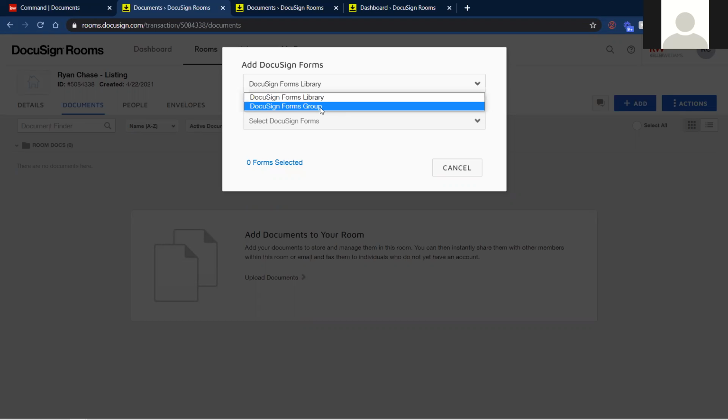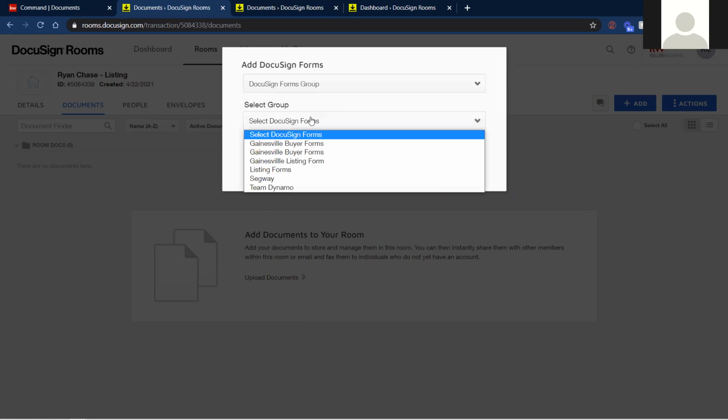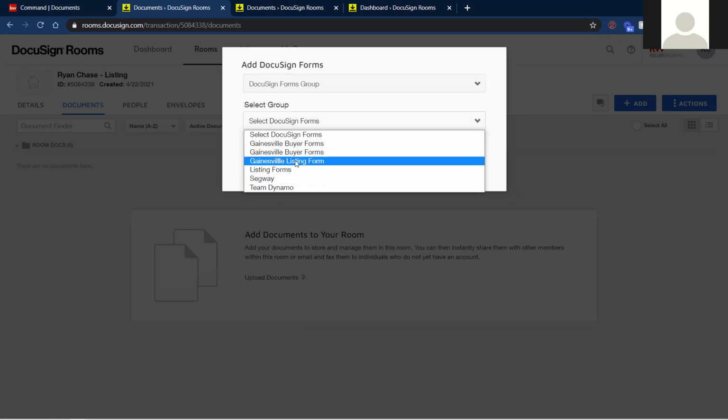Now I'm just going to be going to the Forms group and selecting either my buyer forms or my listing forms, or if you're on a team, you can select that area there. But essentially, this is going to be the queued up list of all the required contracts that you need for that area. We are still working on finalizing these lists. So if there's anything that you don't see here, please feel free to let us know, and we will be